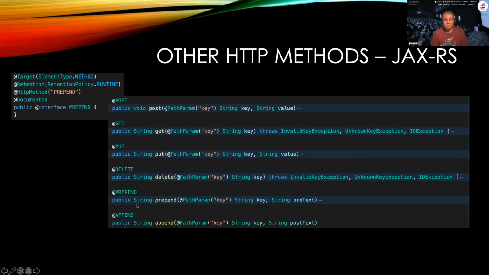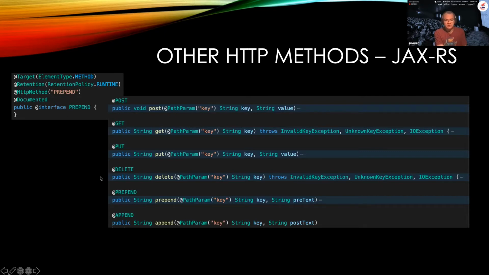So for example, let's say we want to have an HTTP method called prepend or append that would basically just allow the content body to prepend or append to the existing resource at that location. Well, what we would do in JAX-RS is create a prepend annotation, annotate it with HTTP method, and then pass in the text we want to use for the HTTP method. So in that case, it would be prepend.